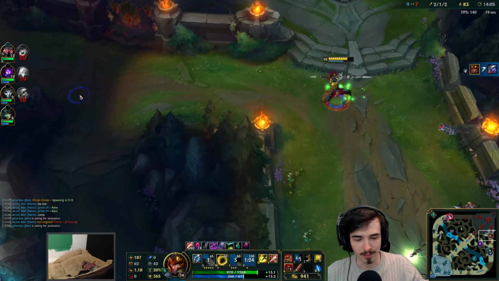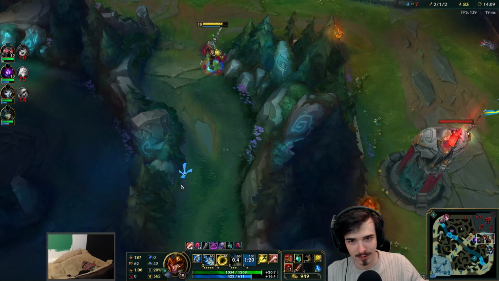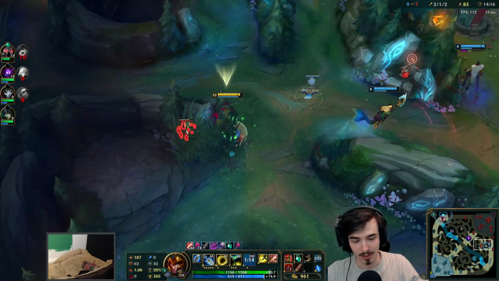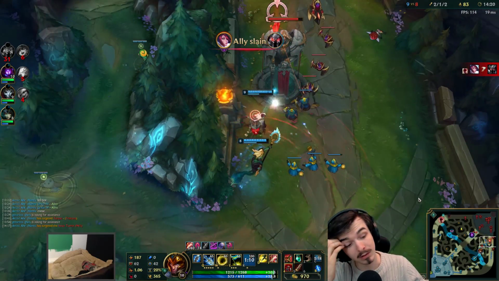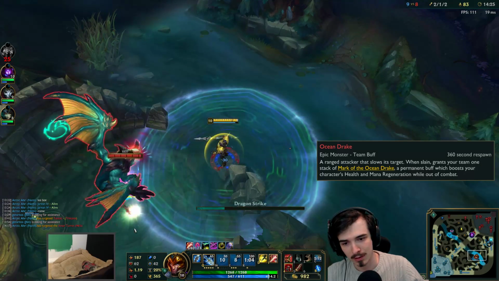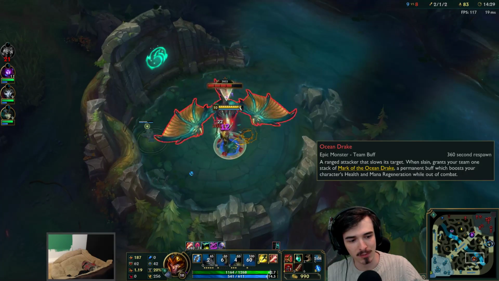All right, where's Lee Sin? Where's Lee Sin? Nowhere, that's fine. All right, beautiful. Beautiful stuff. He's top. Okay. That's the wrong side of the map for you to be on, my friend. With this ocean dragon spawning, this is... I mean...